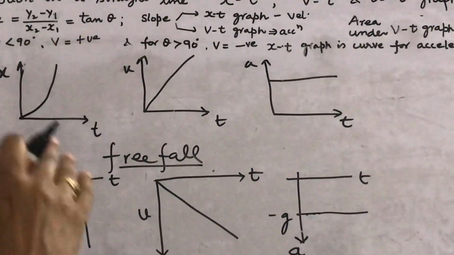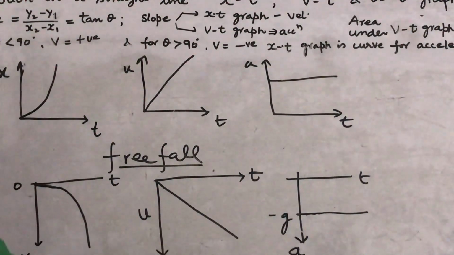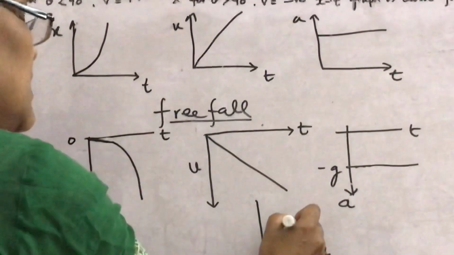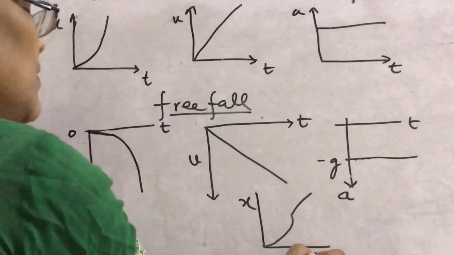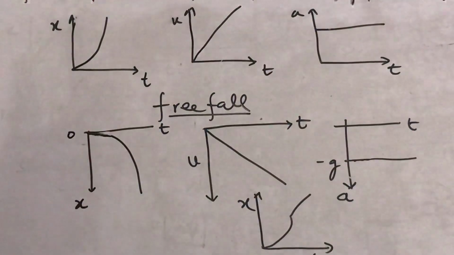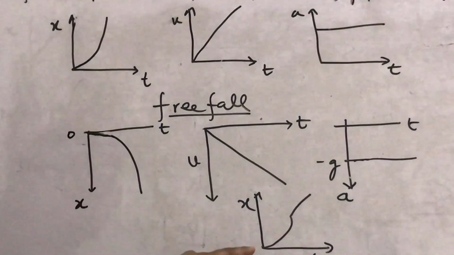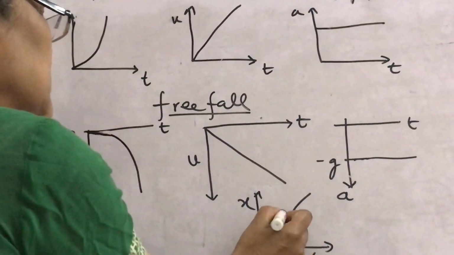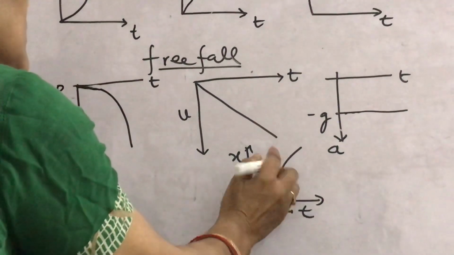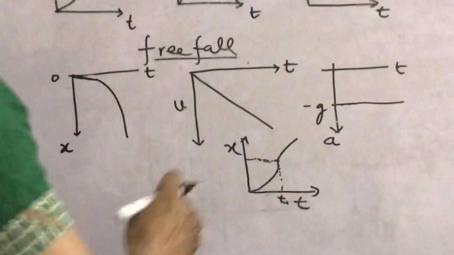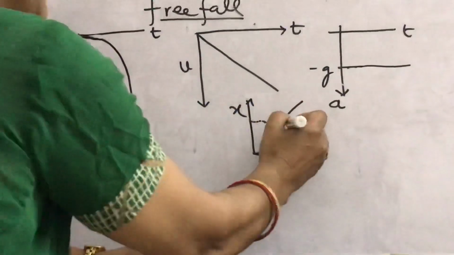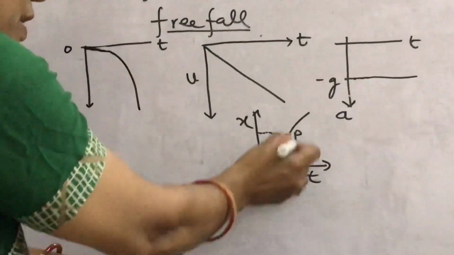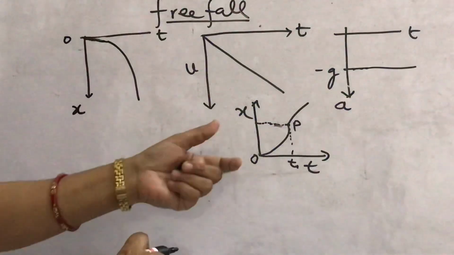Now if the position time graph is given like this, look, this is the position time graph, given like this one, then a straight line. How will you find the velocity time graph? Till this time t1, suppose this is the position, till this point, suppose this is point P, from O to point P, you see the graph is curved, so the motion is accelerated.